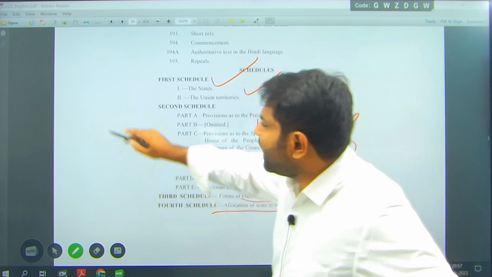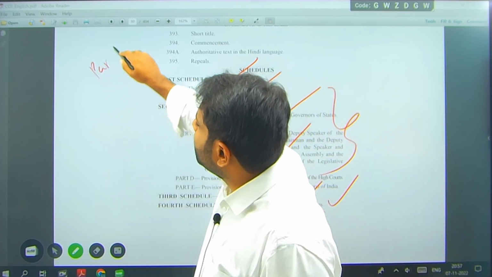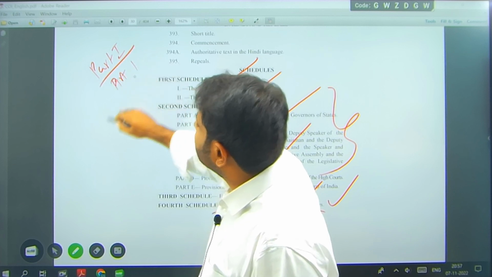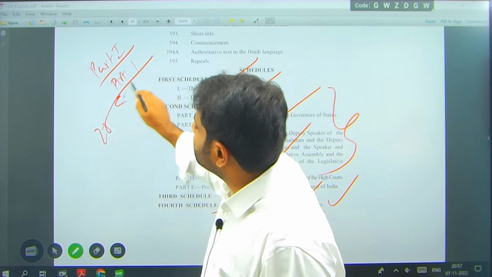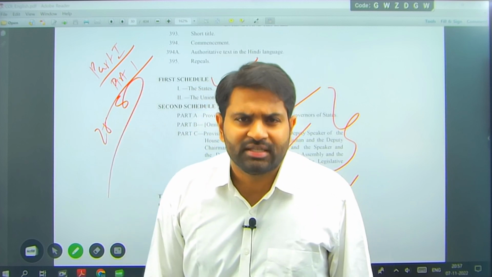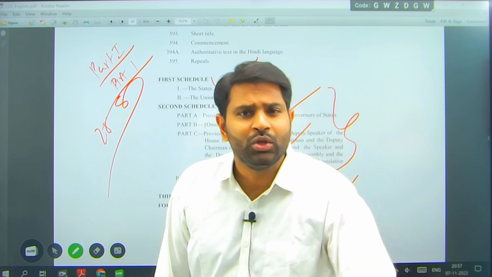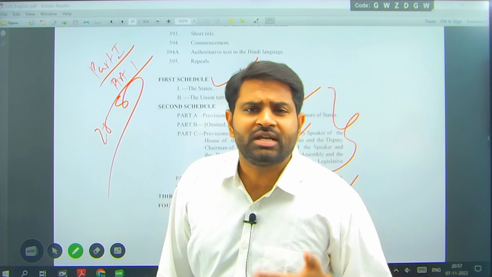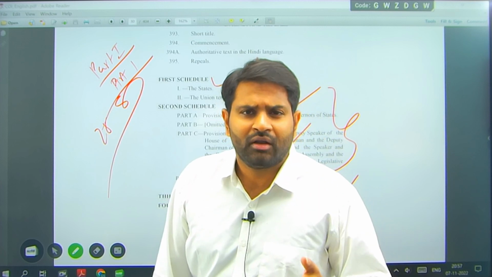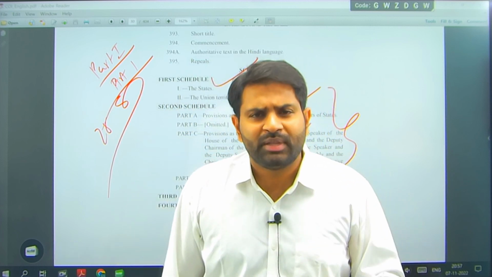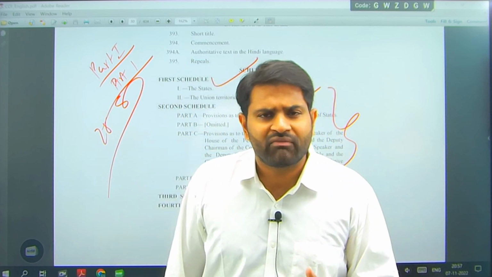See, part 1 of the Indian Constitution is talking about union territory. Part 1, Article 1 talks about union territory. How many states do we have? 28. How many union territories do we have? 8. It says like this: we have this many states, this many union territories. But when you get into the schedule, you will understand what the different states and different union territories are. Like what you get in Schedule 1, let me tell you an example. Let us take an example of Andhra Pradesh.